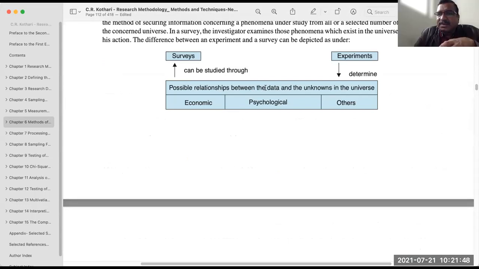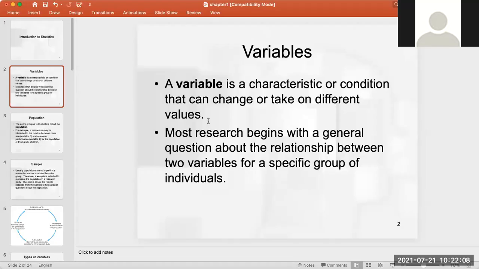That means data in terms of some variables, input data, and unknown means something that is not known, or you can say the dependent variable. For that, we are going to do the survey or the experiment or whatever, different techniques, different tools available to us, right?